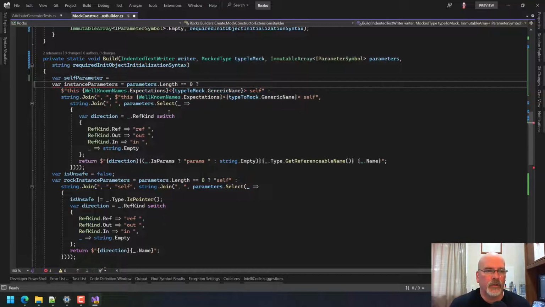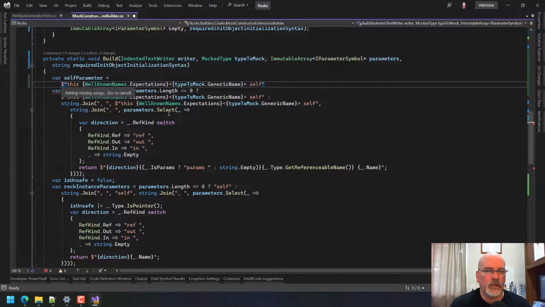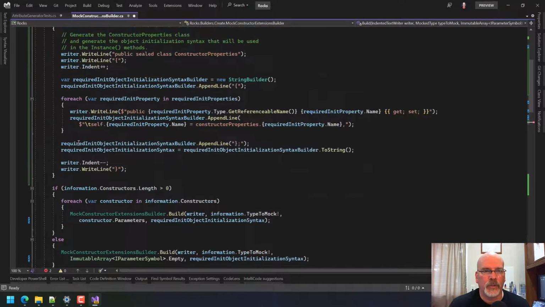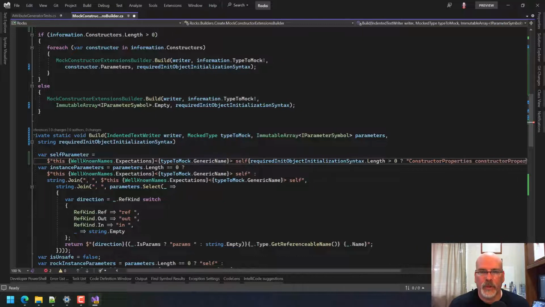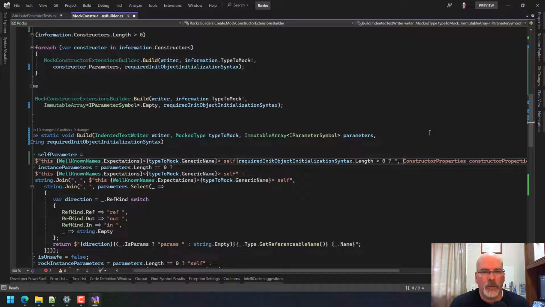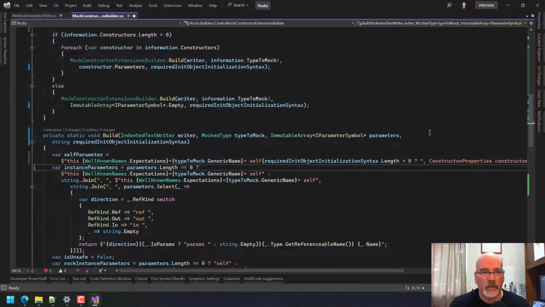So what we want to say is it's this, but then if this length is greater than 0, then we want the constructor, it's not parameters. What am I calling it up here? Constructor properties. And it would do comma that if it had anything. Otherwise,